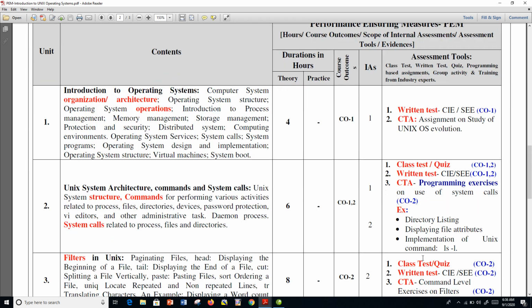The programming exercises include directory listing. When you type ls -l in the Unix operating system, you get the file listing. Similarly, can you write a program? Yes, we will take you through these exercises of directory listing and displaying file attributes, and using these two, you'll implement the ls -l command, so that you get a grip of how to implement system calls from scratch. This is the assignment you'll be working on immediately through Google Class. We will make it known to you.